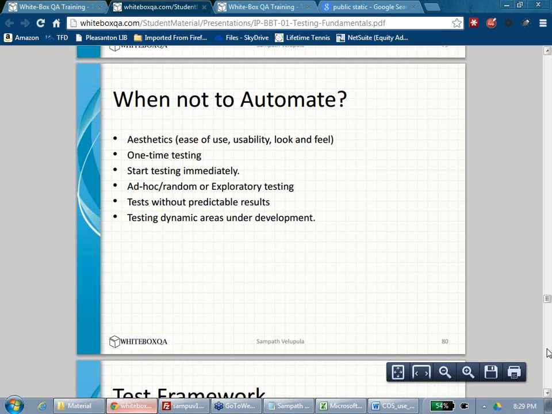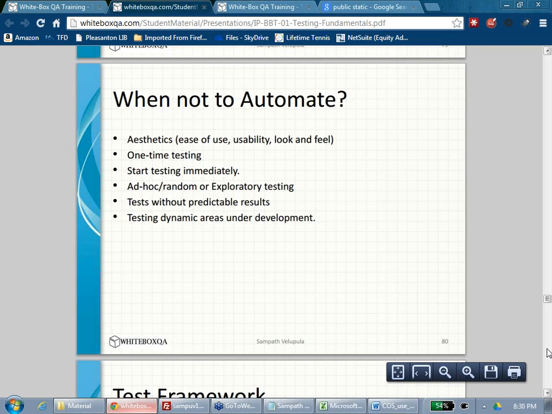And the next thing is, think like white box QA. In future, I will not change the white box QA site. For example, you come and ask me to implement search functionality, and I say I will not do that. Or you come and say there is a bug here, and I will not fix it. Then is there any point of regression in future? Is there any point of testing more in future? If it is only a one-time deal, what is the point of automating? Just do it manually. So one-time testing, if you don't have time, and exploratory testing. If you don't know what to test or how to derive it, then there is no point of automation.